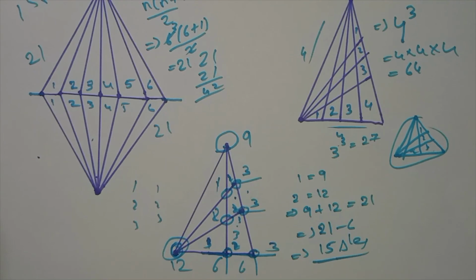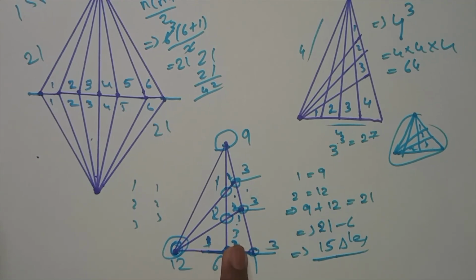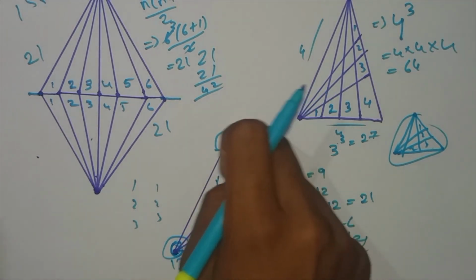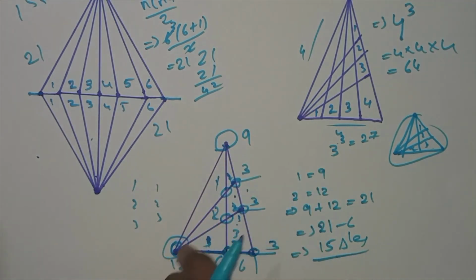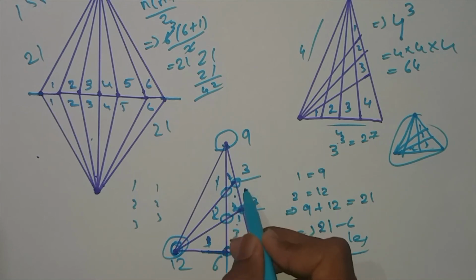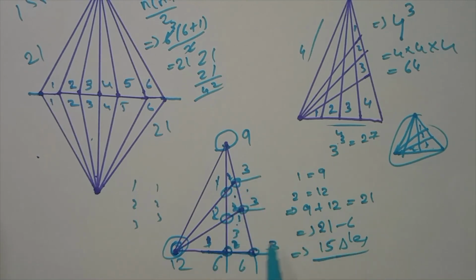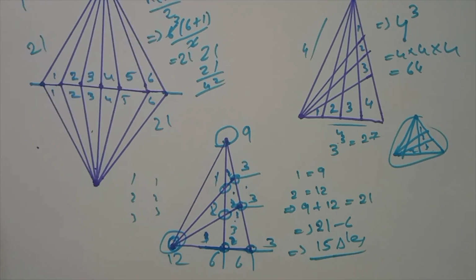So firstly you have to take natural numbers and write the numbers for the different bases. That means 3, 3, 3. For this base you have 9, for this base you have 12. Afterwards you subtract these intersection points, 1, 2, 3, 4, 5, 6. Any number of intersection points, directly subtract from the sum. That means you will get the total number of triangles. So these are the basic problems of counting figures on triangles.